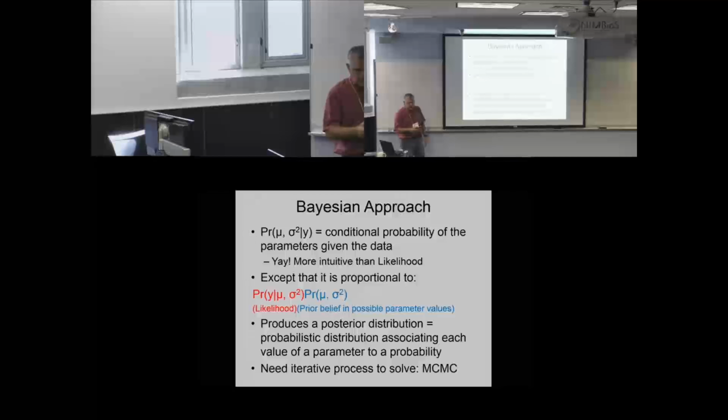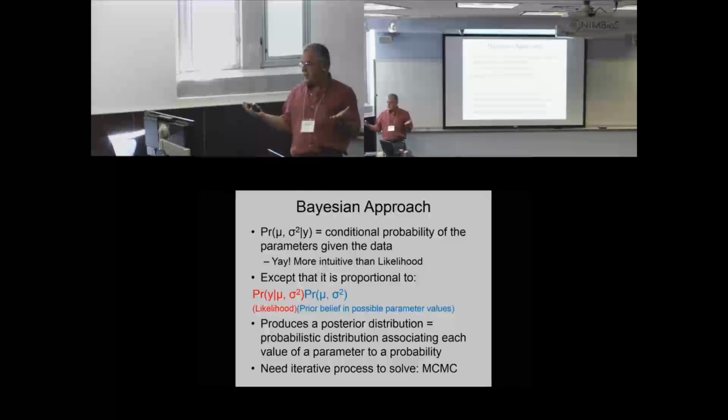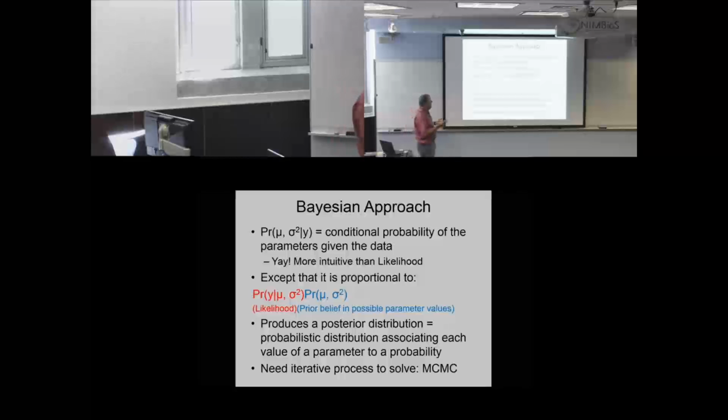Okay, so that's the likelihood approach. The Bayesian approaches are frequently used, and again, Brian's going to talk about this extensively tomorrow. With Bayesian, you're talking about the conditional probability of the parameters given the data. Intuitively that makes more sense than the conditional probability of the data given the parameters. So that's a little bit more intuitive, except that,